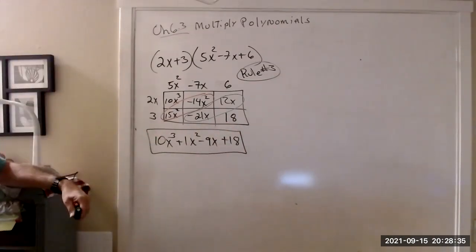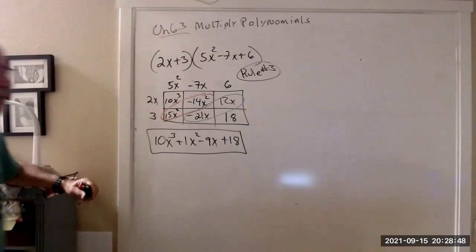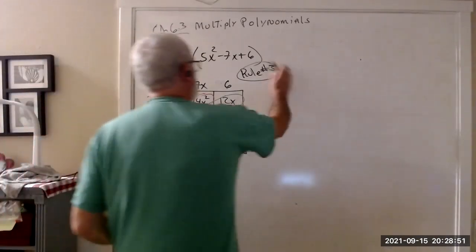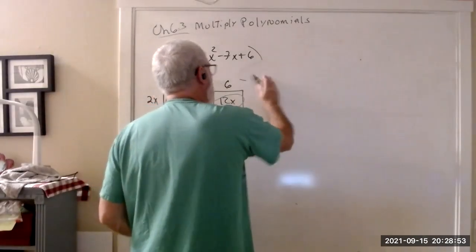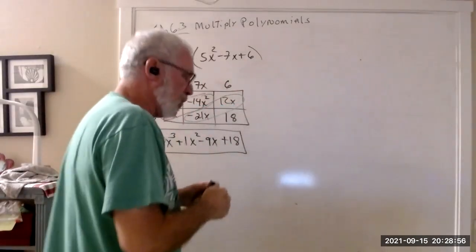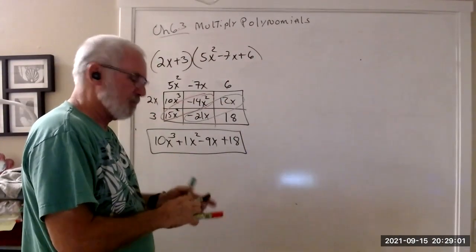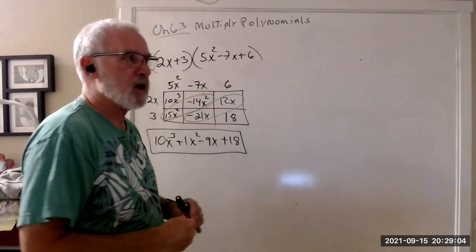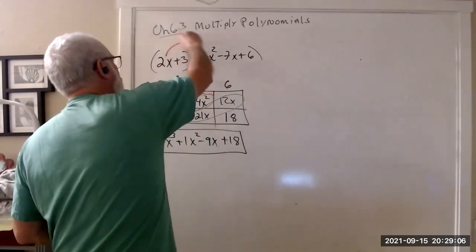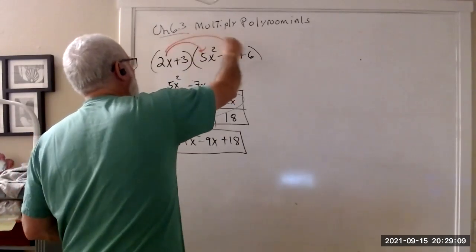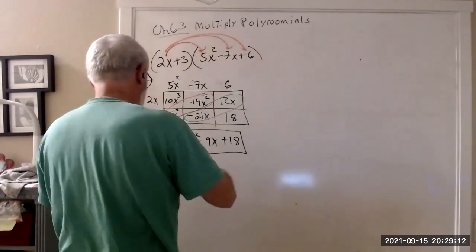Now that's called matrix multiplication for polynomials. It's a great way to keep your work organized. Now, the way this is traditionally taught, notice my emphasis on the word tradition. If you go to a basic high school classroom, or maybe a first time in this, they do the distributive property. They say, oh, 2x times everybody here. So if we do that,